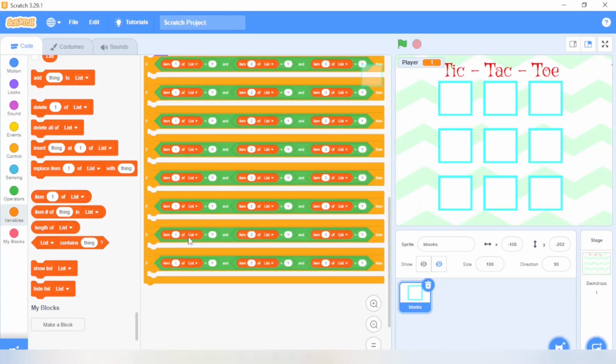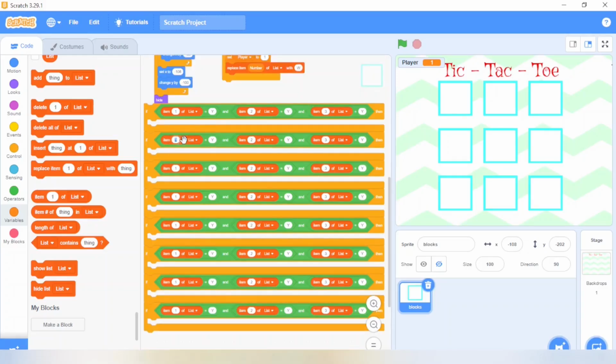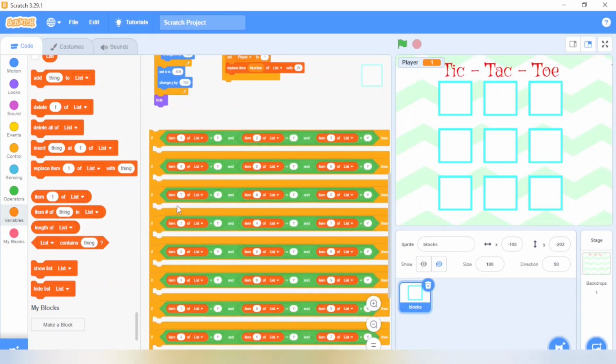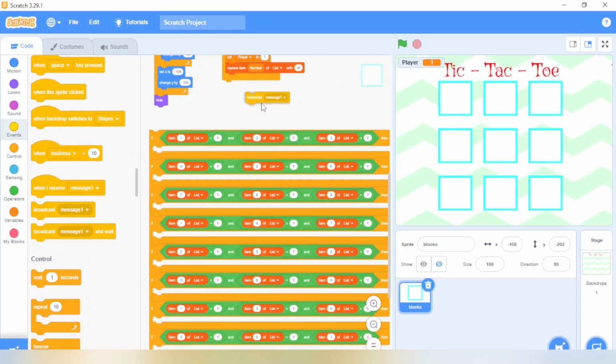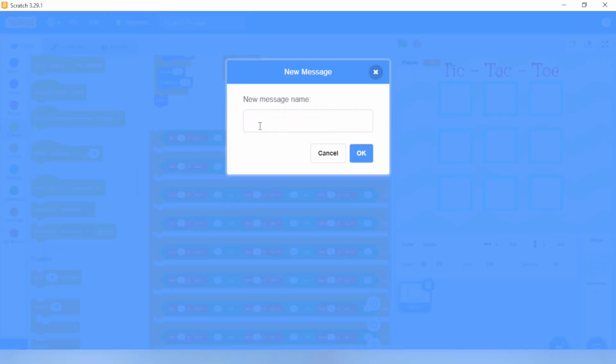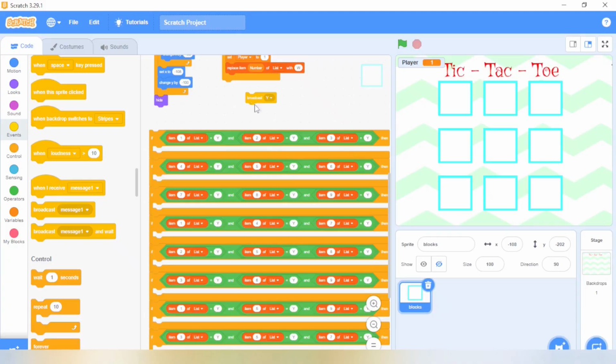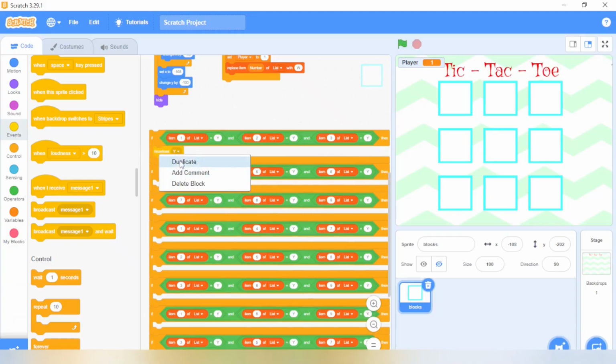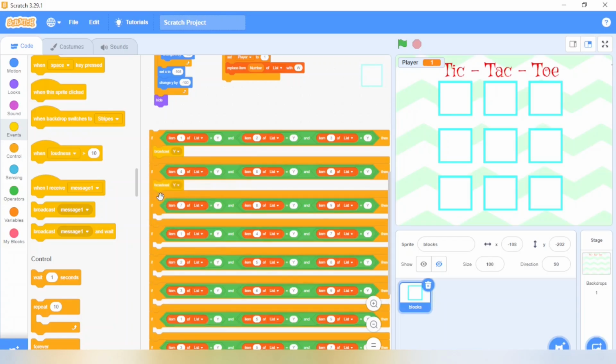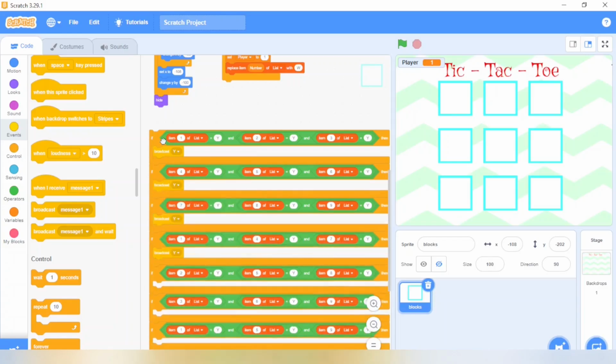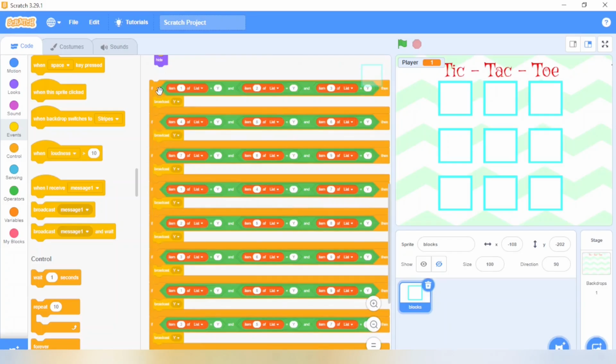Yes, it's done. Now what do we need to do? We need to change the combinations, that is 4, 5 and 6. So these are the combinations we have. Great. And here we want one broadcast, that is the Y win. So we'll give the broadcast Y. Go to the event block. We'll use the broadcast message. Here you can type Y. Okay. Now we'll place this broadcast message over here, duplicate it and place it in all sides because it's specifically for the yellow cat. Now the same thing we want for the white cat also.